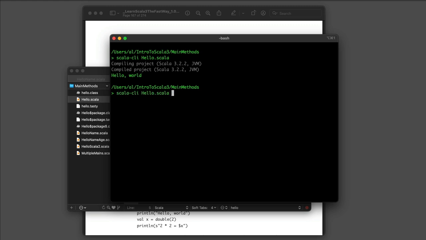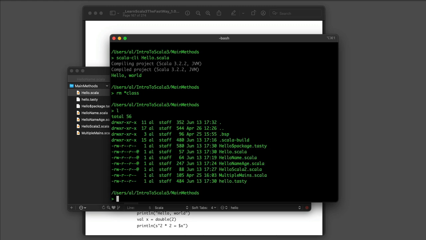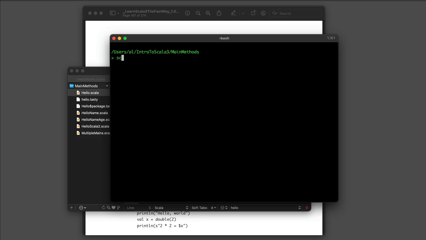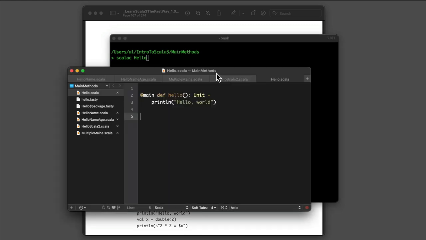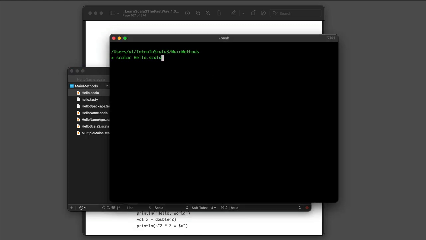And that's great, that all works fine. And now let me clean up this directory real quick. So get rid of those class files. So now the way things used to work is that we would say scalac, and again, this is the compile part. So I call that one hello.scala. So scalac is going to compile this, and notice it actually takes longer to compile this than it did